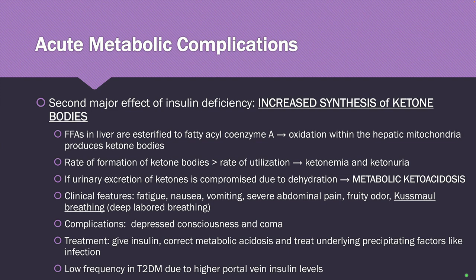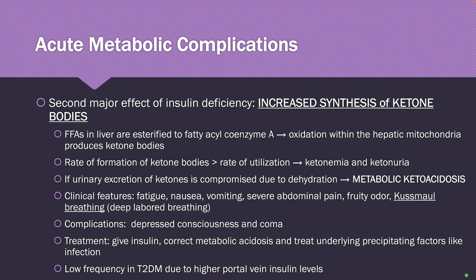So, what happens in here? The free fatty acids in the liver are esterified to fatty acyl coenzyme A. And this causes oxidation within the hepatic mitochondria producing your ketone bodies. And at this state of insulin deficiency, mas mataas na ang formation ng ketone bodies mo compared to its rate of utilization. So, may accumulation ka of ketone bodies causing your ketonemia and ketonuria, which is why if we're going to diagnose